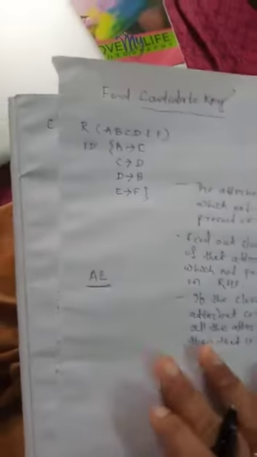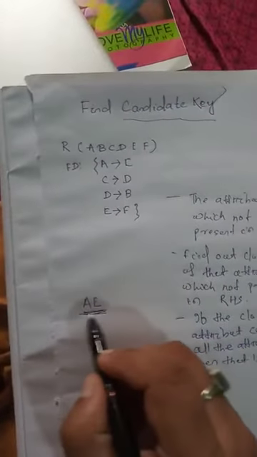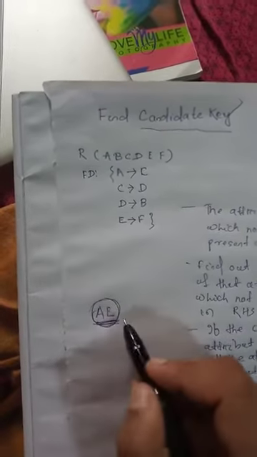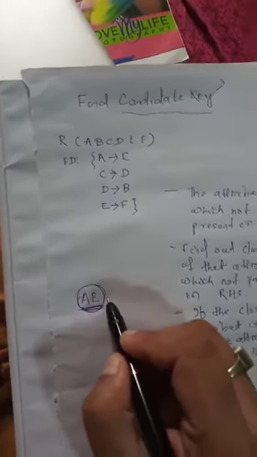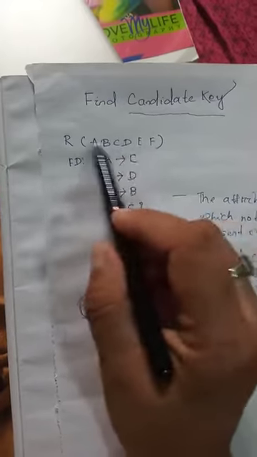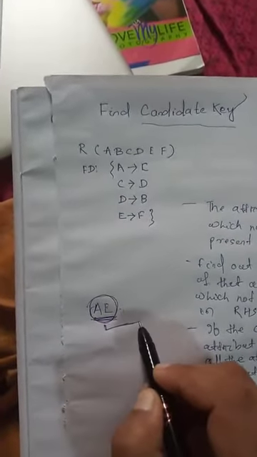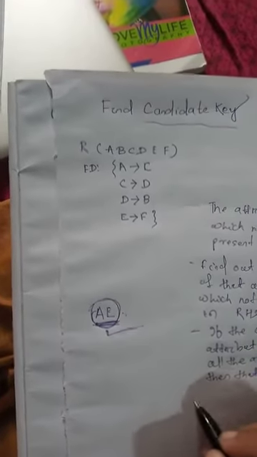So you have to find out the closure of AE. If this attribute set contains all the attributes present in a relation, then this is your closure, this is the candidate key. Okay, otherwise